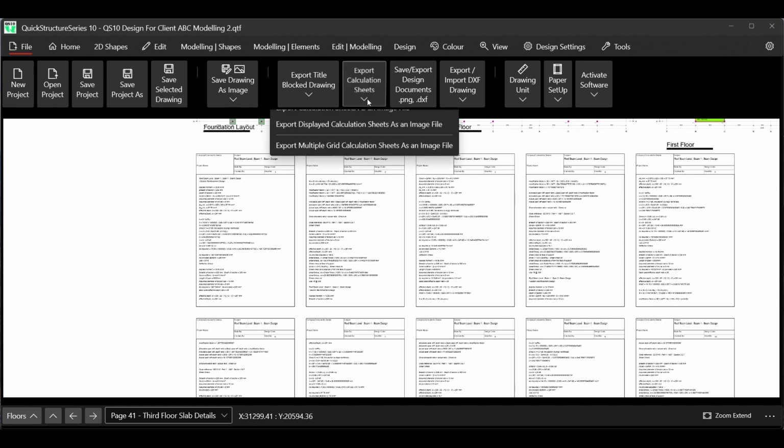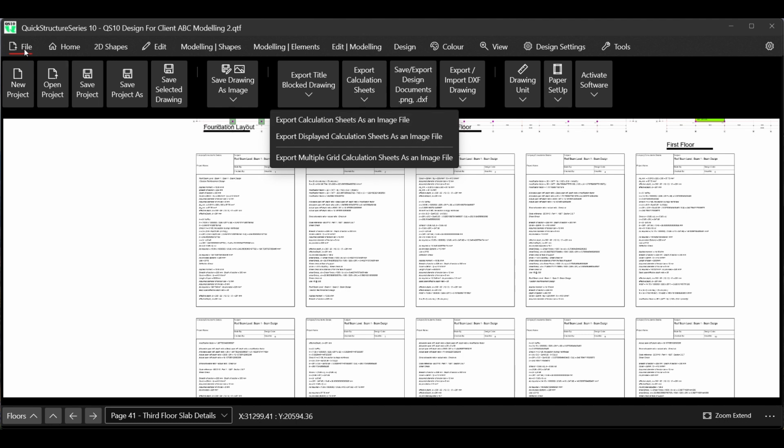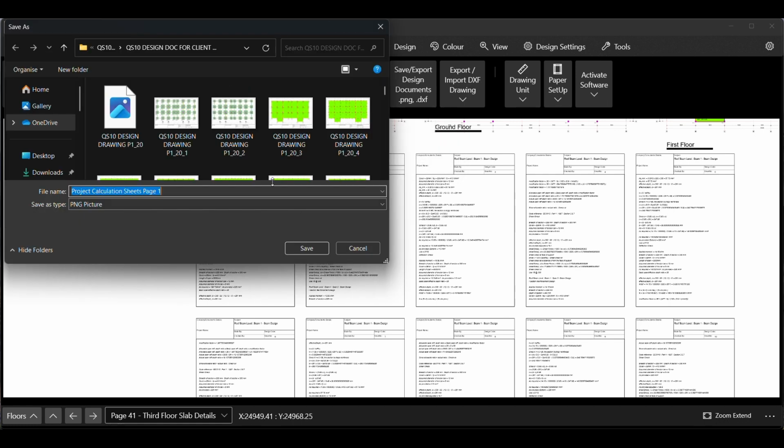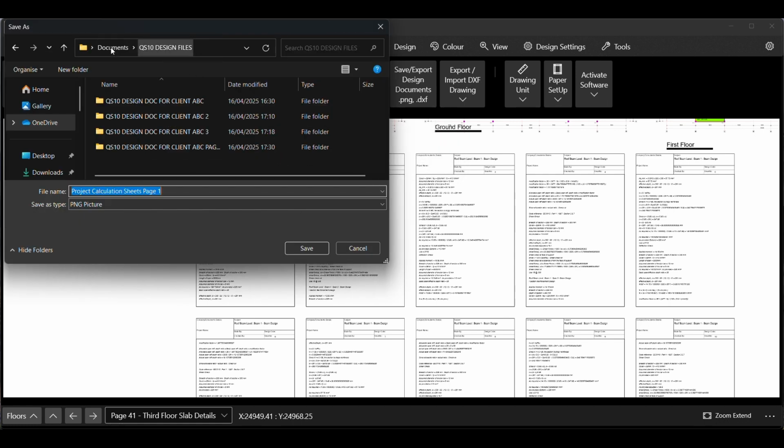But the option gives us, you can save the entire thing with this first option. You can say export calculation sheet, and remember you access this under files, okay? Under files, yeah, and you click on export calculation sheets. I will do the first one. Okay, so I'll click on this. Just go back to this. I can just create a new folder and call the folder